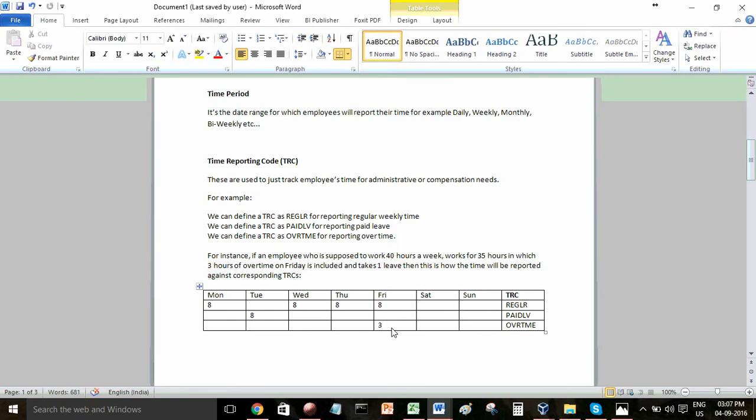Now the employee must report the paid leave against a different time reporting code, because they cannot report the paid leave against the same time reporting code. Similarly, they have to report overtime against a different time code. They cannot make it part of regular time. So when the employee is submitting the time for that week, this is how they would do it: